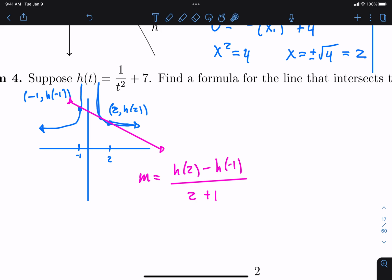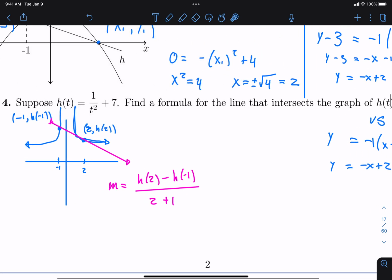Okay, but here's the problem. I don't know what h of 2 is, and I don't know what h of -1 is. But I can figure it out. How do I figure it out? Plug them into the equation. Is that what you were going to say? Yeah. Okay, so both of y'all got it right. We're going to take it and